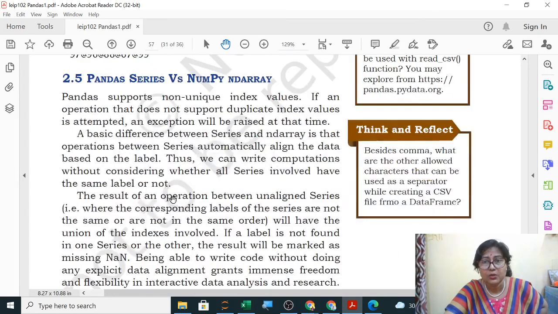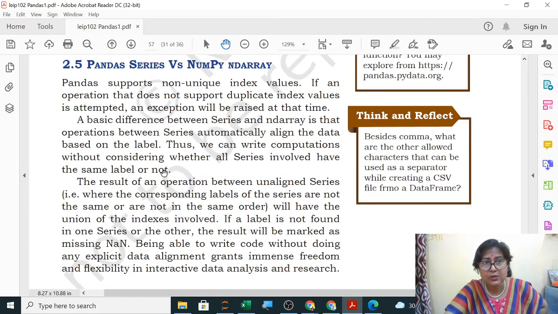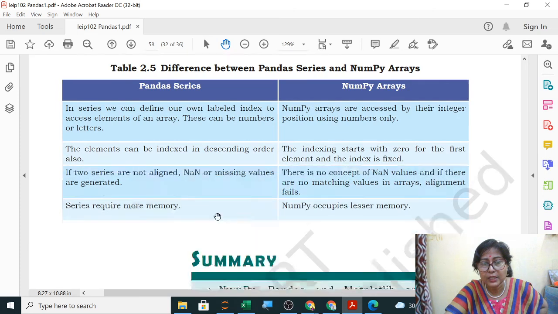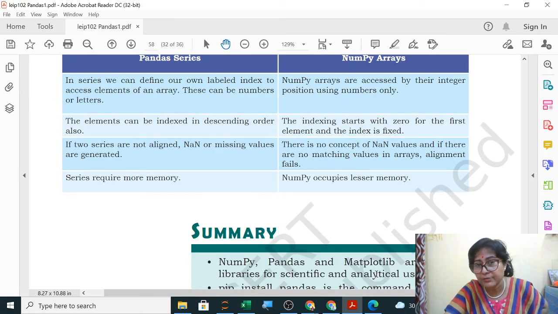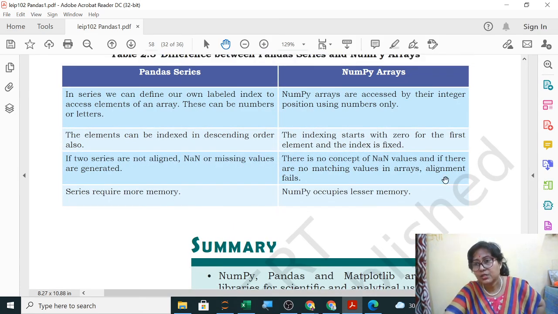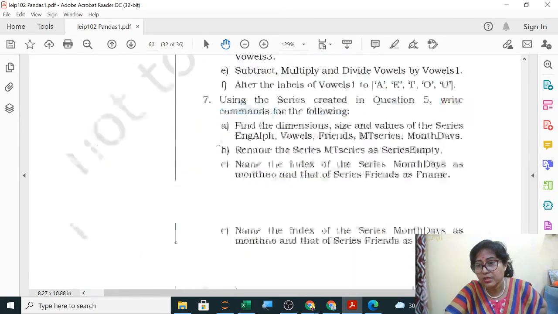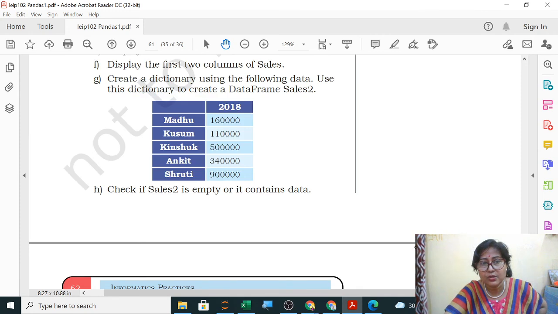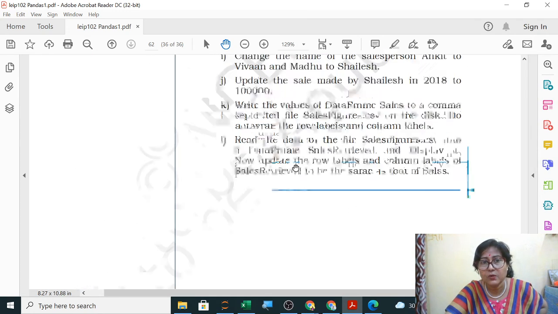Clear? So this let us do in our next class only. Now Pandas series and NumPy ndarray. So this difference you just go through and then the summary. So you go through the book I am sharing with you and solve the unsolved questions. So all these solved questions and unsolved questions, you solve it. If you have any doubt, you just mention your doubts.